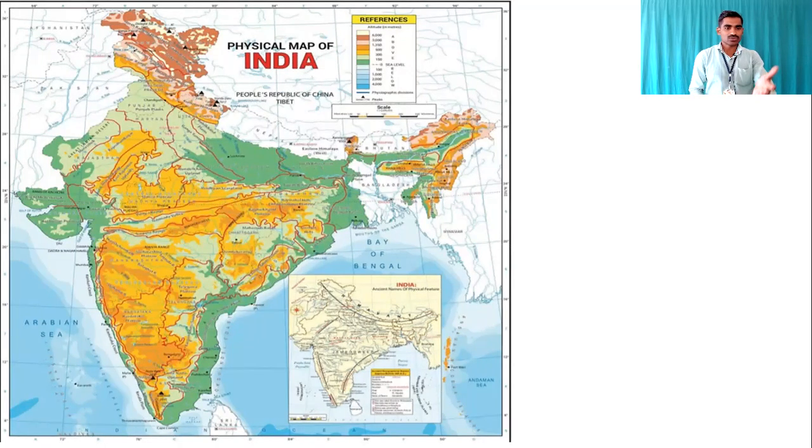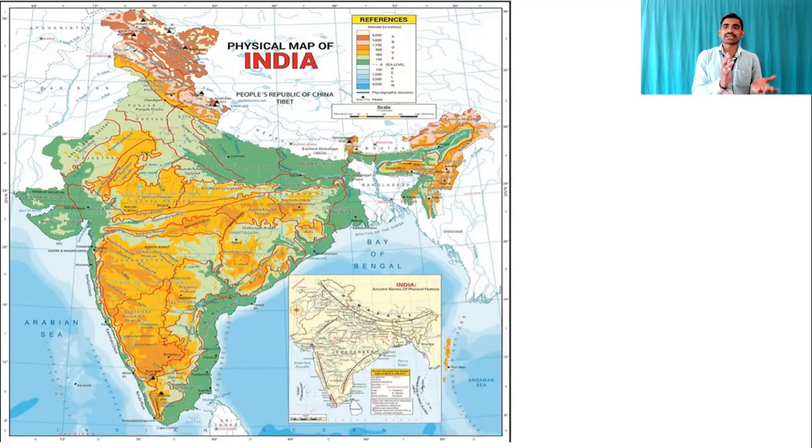You are able to see that many colors are used here. You can find the brown color is used, the green color is used. Just now we have discussed that green is regarding low height of that particular place. It means that wherever you see green color, that particular place has a little less height. You are also able to see the yellow color. Somewhere you are able to find the light green color. It means that the height of that particular area is a little above that of sea level.